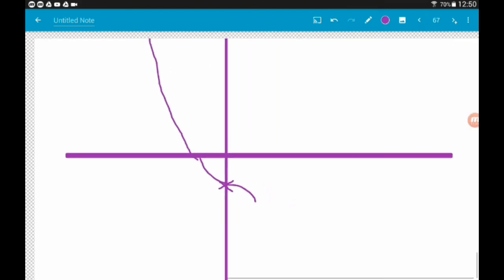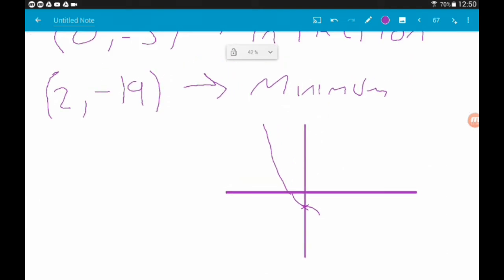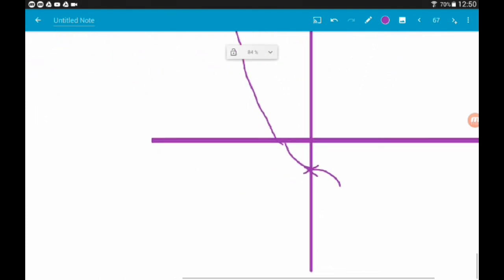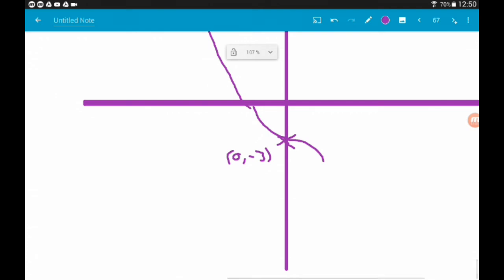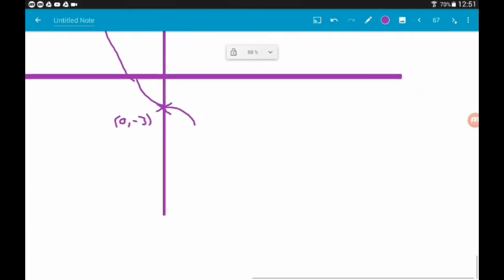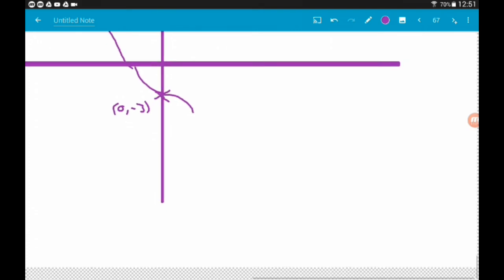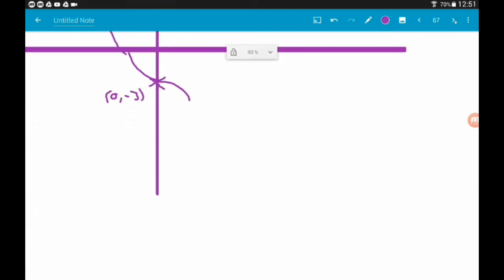But we know then that our next stationary point is at 2, minus 19. Don't forget as well to label the points, something I always forget to do. Okay, so 2 minus 19 is a minimum. So let's say that's